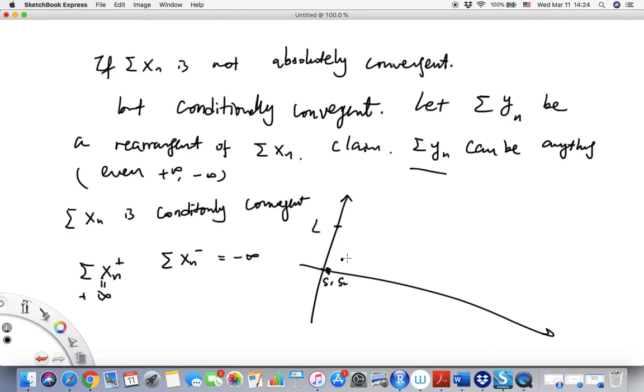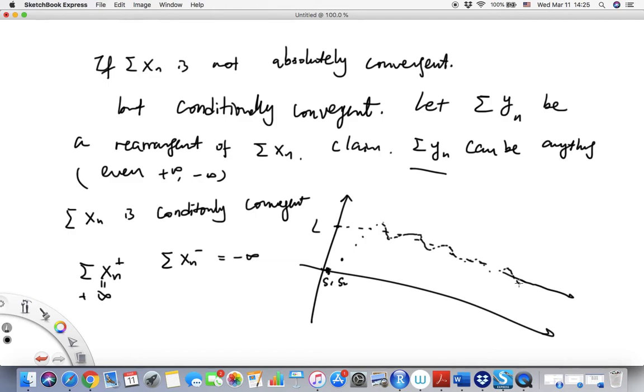My sequence of partial sums will start to increase because I'm summing those positive terms. Once it crosses L, I start to add those negative terms so that it crosses L again. Then once I go past L, I again start to sum those positive terms, and once I pass L, I start to add negative terms, and so on and so on. And you can see that this converges to L